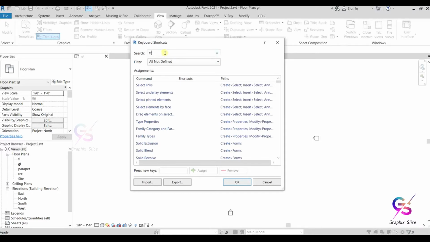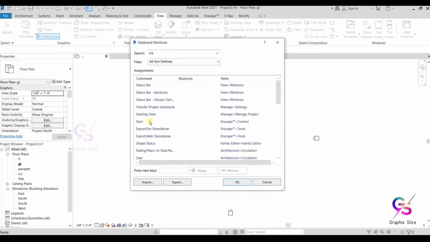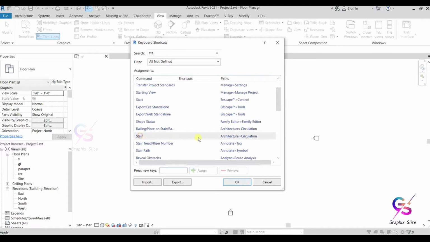So I'm going to prepare a shortcut command for stair. For stair there is no shortcut key, right? So I'm going to prepare a shortcut key for staircase. For the stair tool you can use anything, but which is already used, don't use that one. So first here I'm going to define the shortcut command. Control S, no, Shift S, just click.